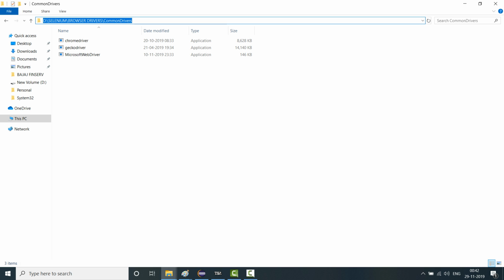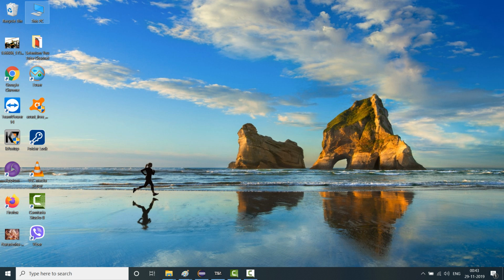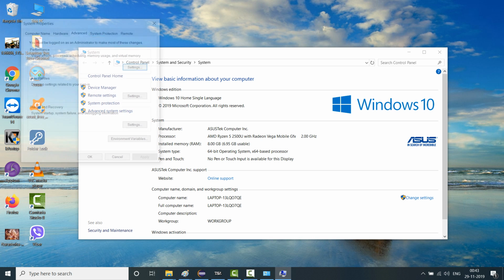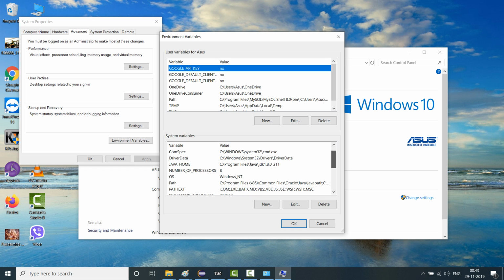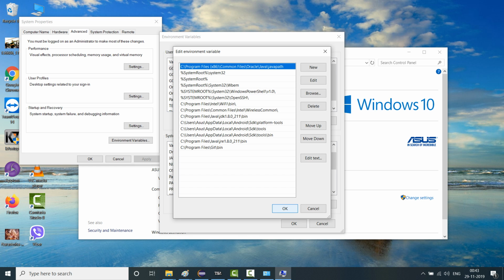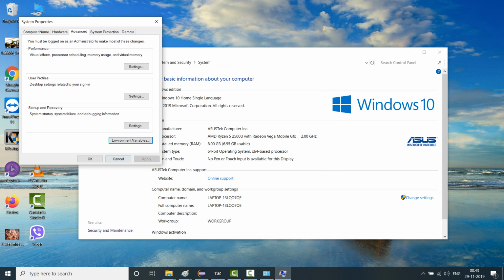I'll take this path. Okay, I'll configure this path. So just remember, this is the most important part. Copy this path wherein you have kept all your exe files of all those browser drivers. Copy this path. Okay, go to your environment variables, advanced system settings, go to advanced, click on environment variables, and in the system variables go to path, click on edit, click on new, and give this particular path here, enter it, and then click on OK, OK, OK,